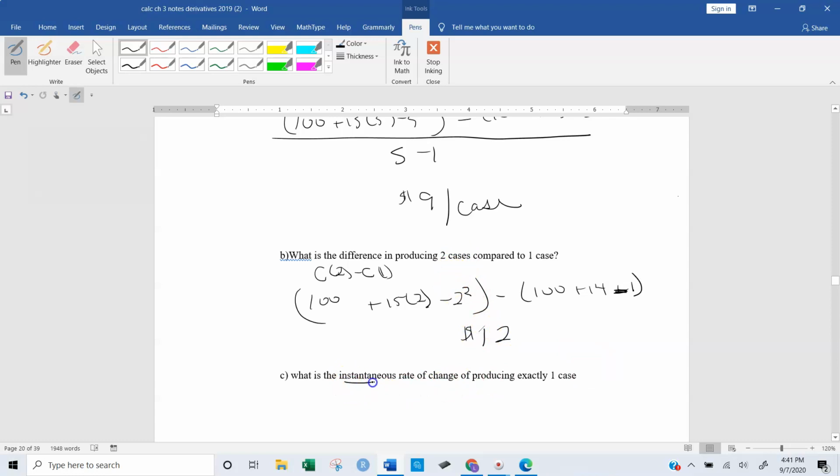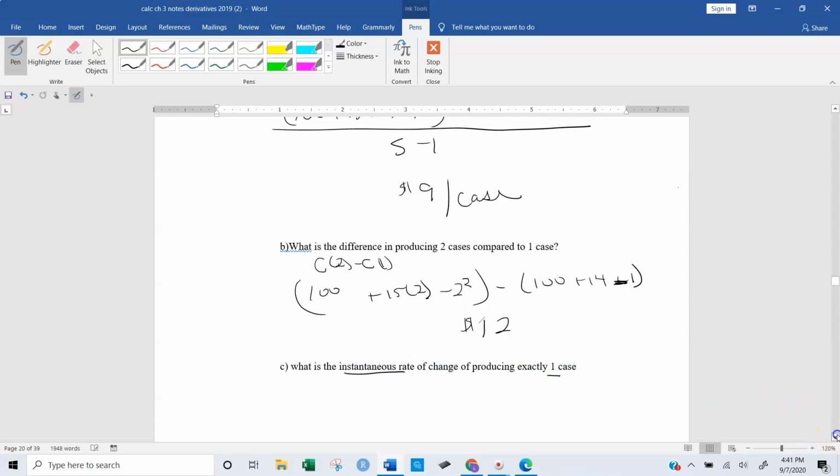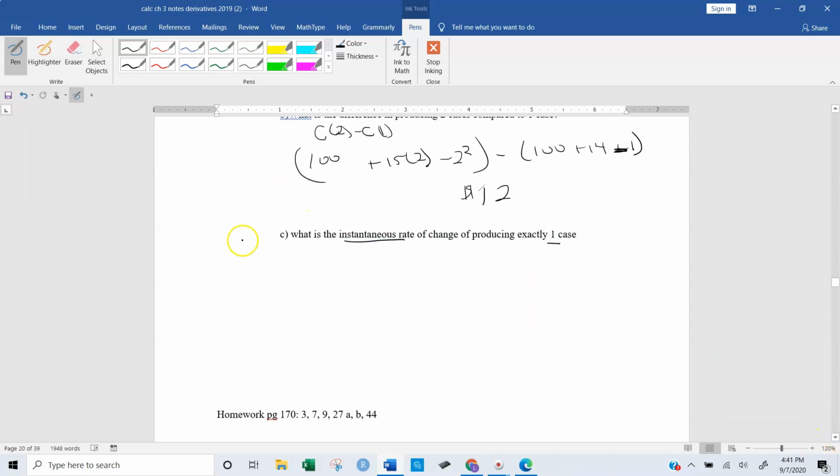I want to know the instantaneous rate, so this is our different one, of producing exactly 1 case. So what does it change to at 1 case? So this is our limit. I'll write this one out. As h approaches 0, of c of 1 plus h minus c of 1 all over h. So let's plug this into our formula. The limit as h approaches 0 of 100 plus 15 times 1 plus h minus 1 plus h squared minus